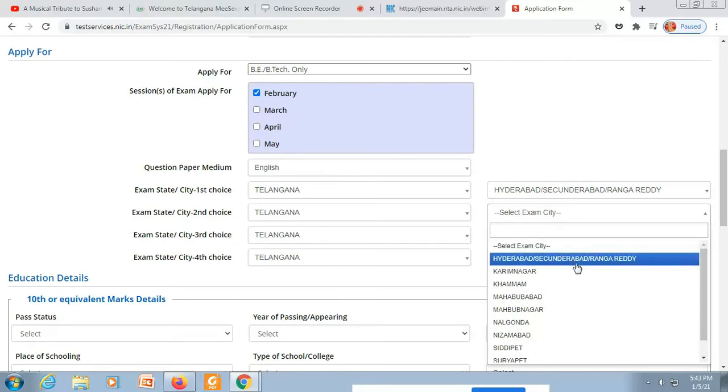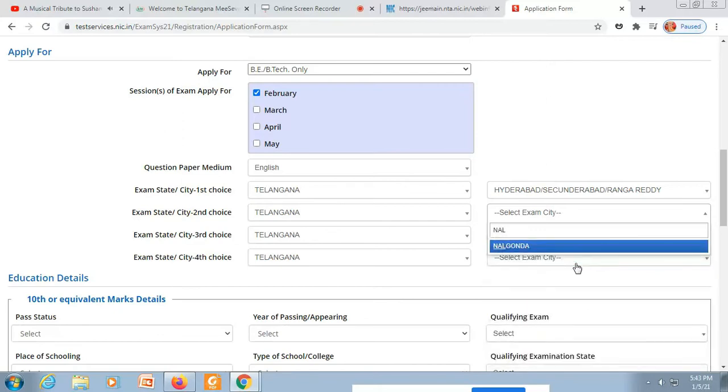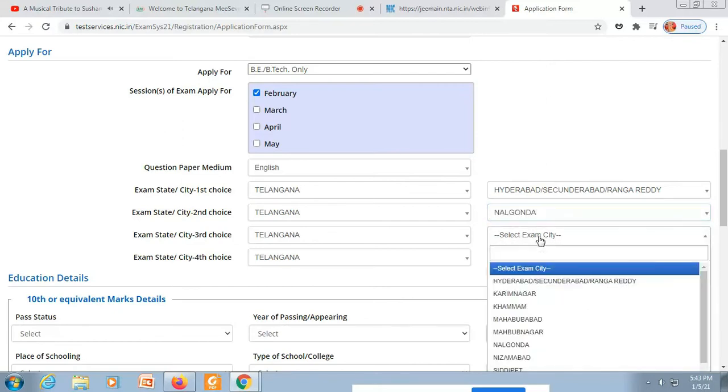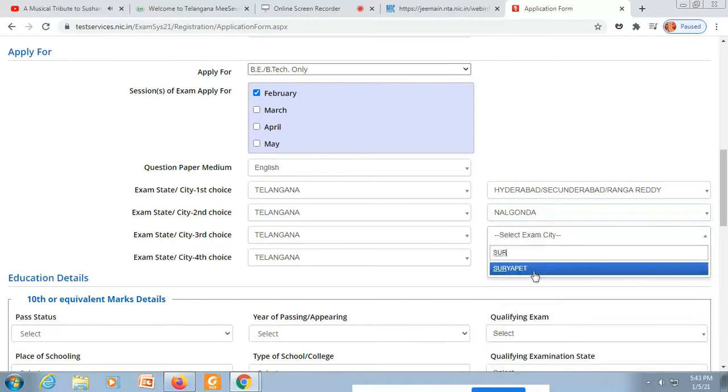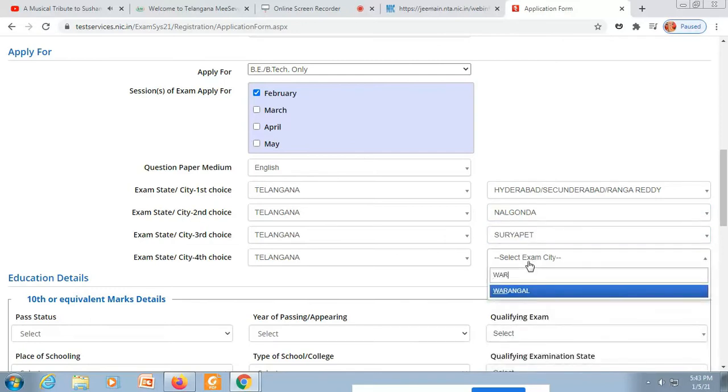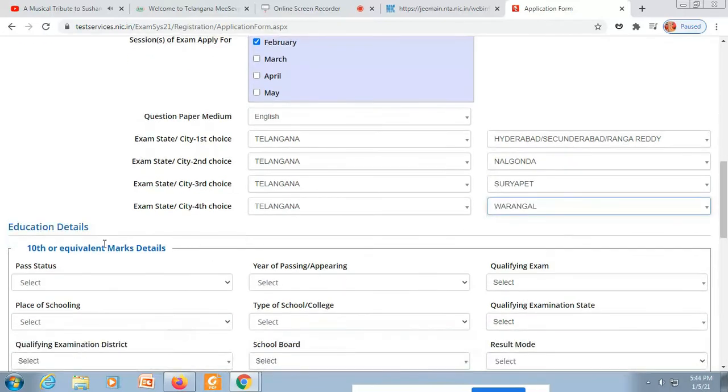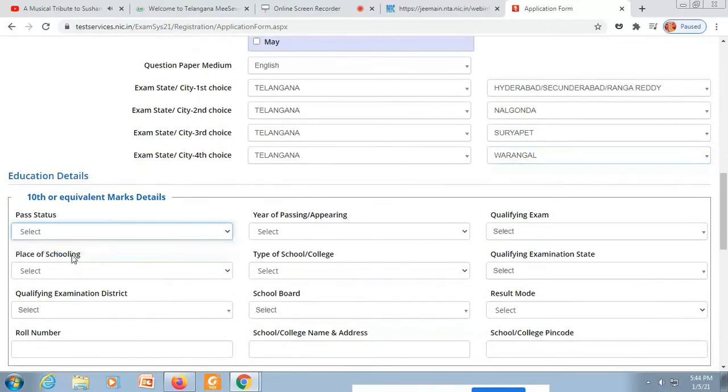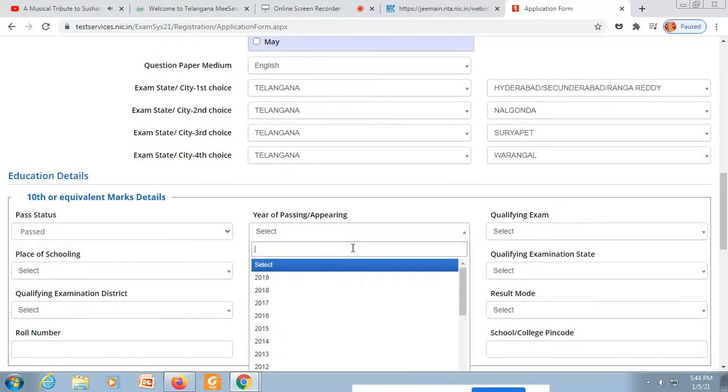Hyderabad is near for this candidate. Then select whatever. If you are a resident of Mumbai, Maharashtra, select Mumbai. Any other places: Karnataka, Bangalore, Kerala, any place. Now you have to fill education details.